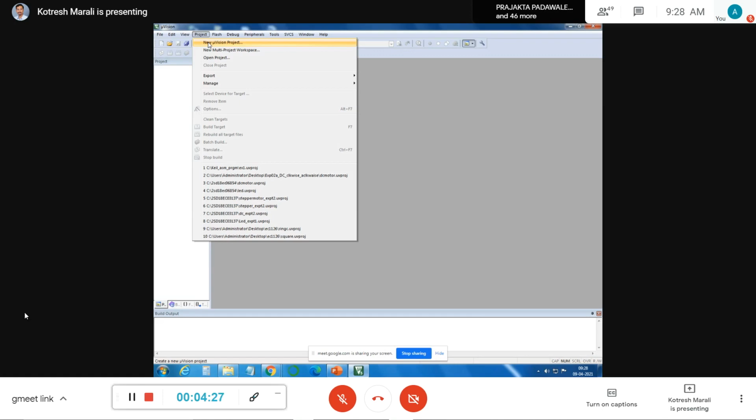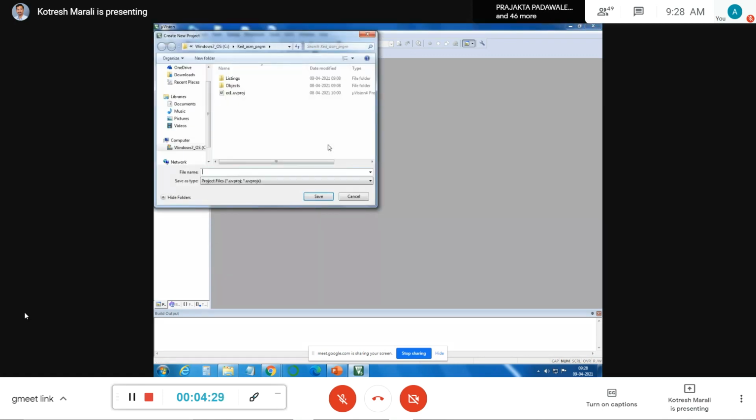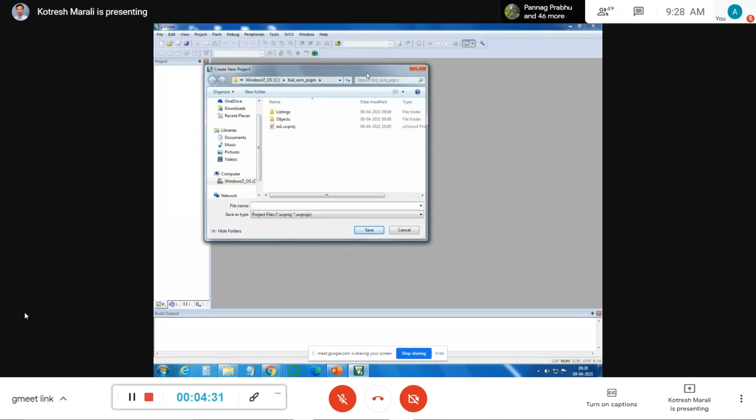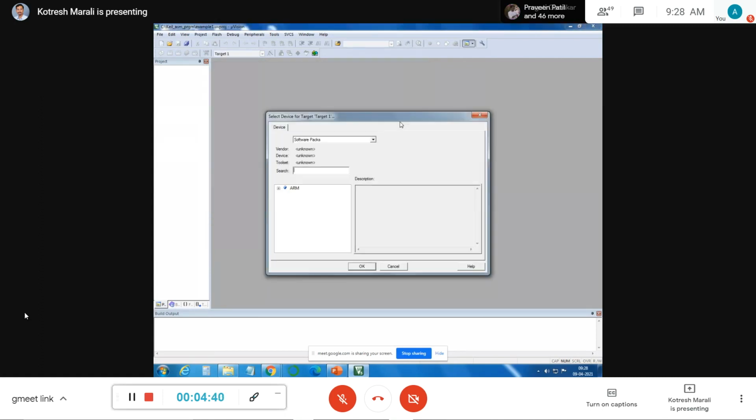Now I'll click new project, just to go through the procedure, how to create the .s file and how we should write a program in assembly level language. The way we write these programs is a little bit different. I'll name it example 1 and save this program. Now we need to select the device. I'll go with ARM, the first one. We have different families here. For the time being, I'll just go with ARM7, the first itself.